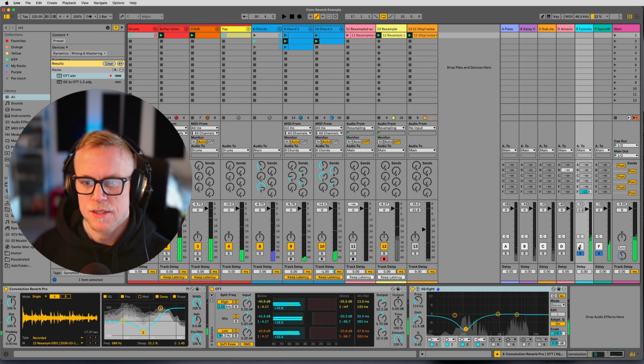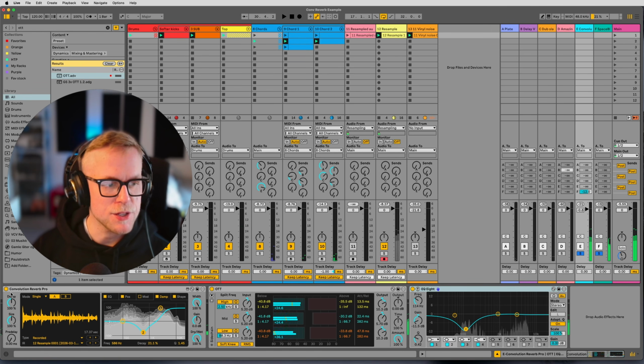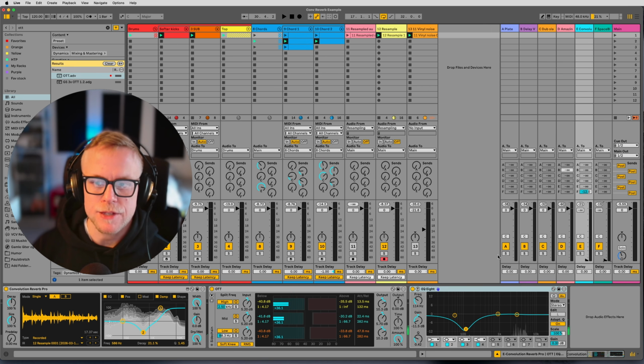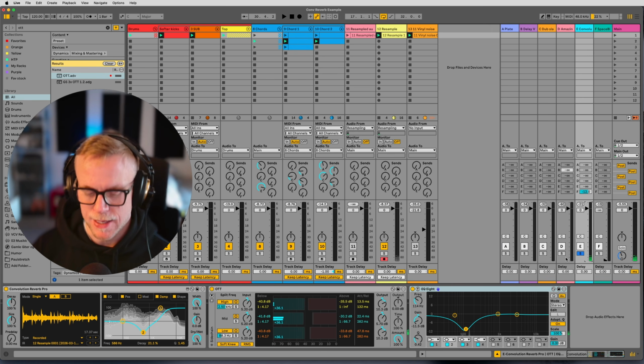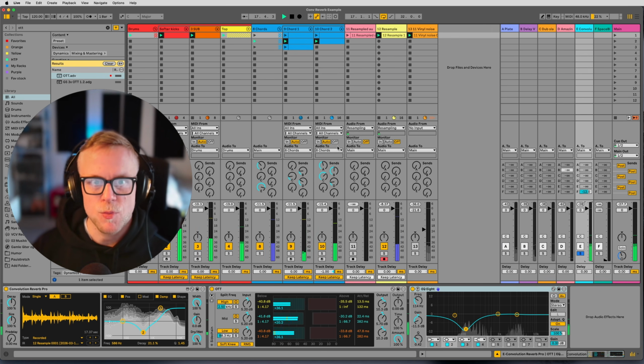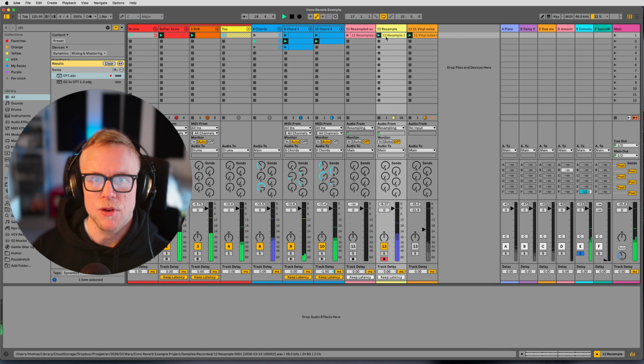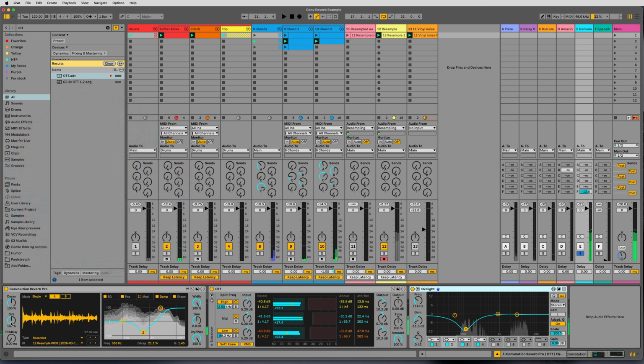And now, another thing that's worth mentioning here is that if we increase the size parameter, it's gonna mess with the pitch of this reverb actually. Let's take a listen to how this sounds, because now we can tell that it sounds more or less exactly the same as the resample audio that we did earlier. But if we increase this to 200%,